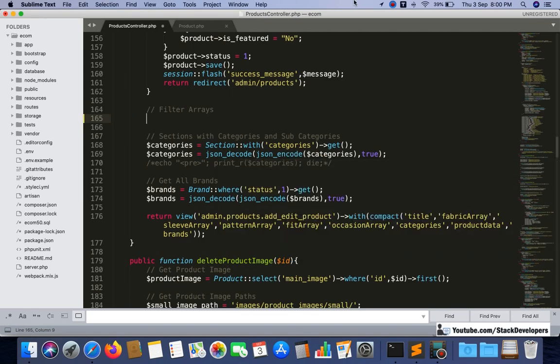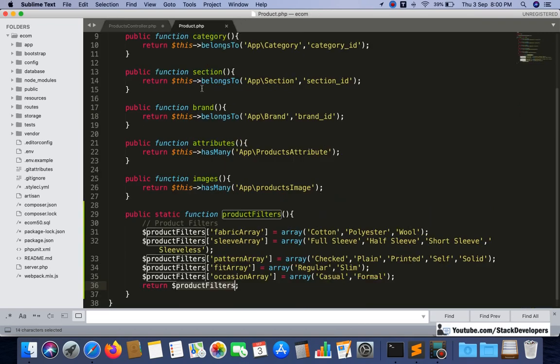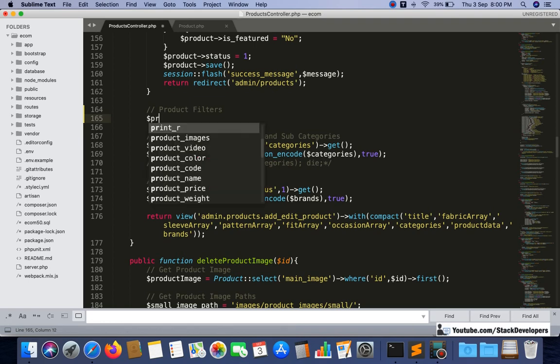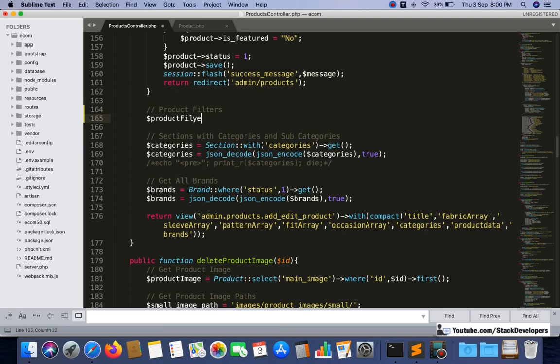Once again I am going to add filters here as well. Here I am going to first call the filter and insert this one.